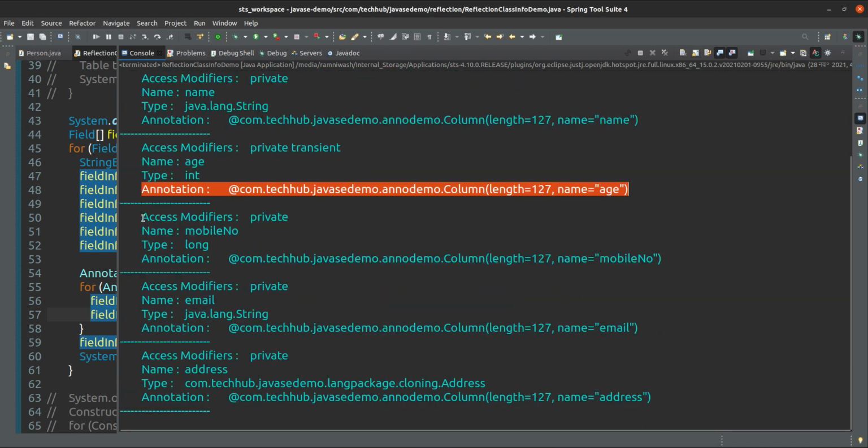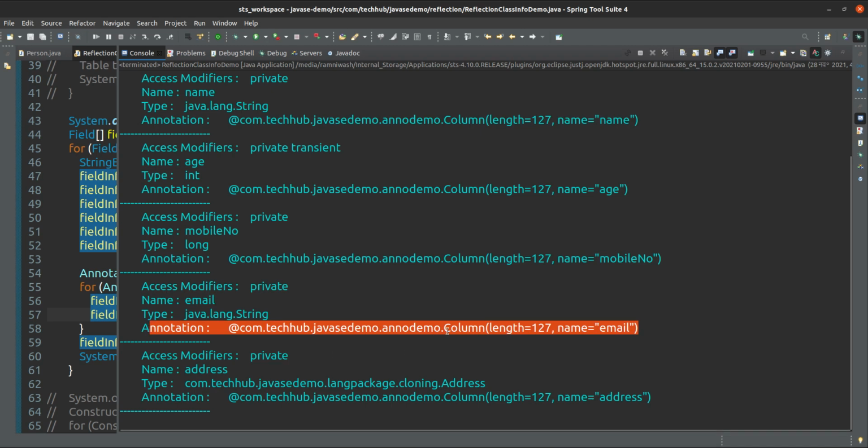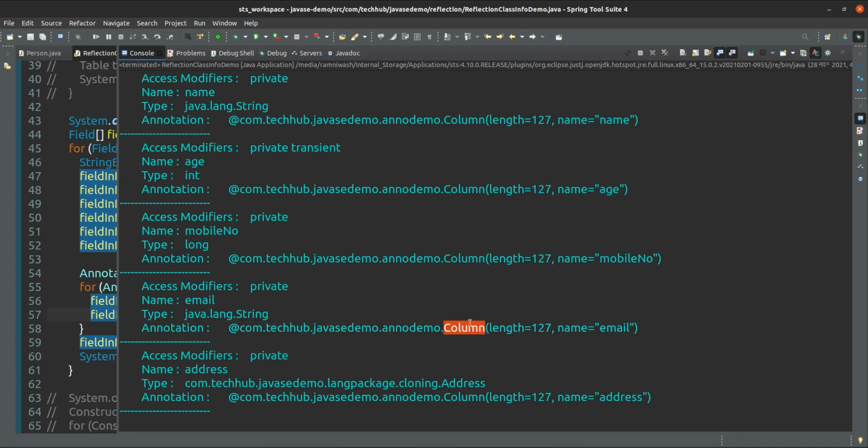And next one is access modifier private, and mobile number, that is a long type, and annotation is only column with length and name value.